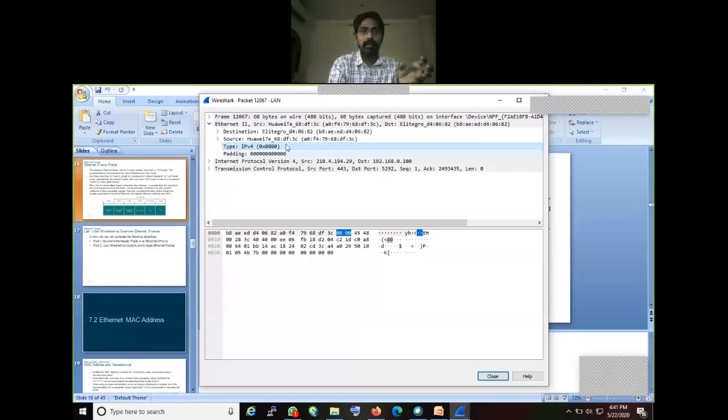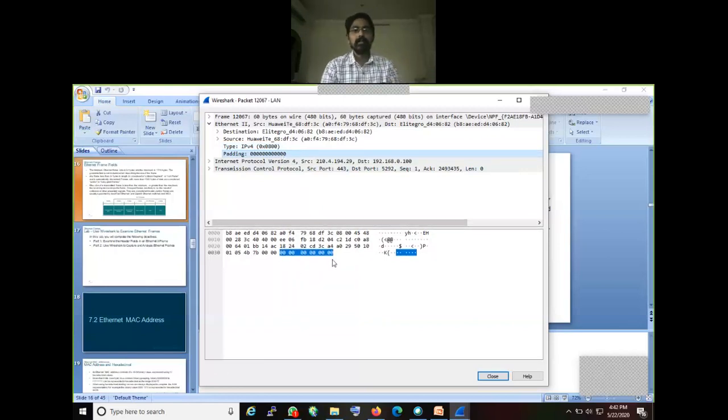After IPv4, whatever there is, 0548 and so on, it is the actual data. And padding. Click on the padding. So padding is the last field. Starting from 45, 48, 00, 28, 3C, this is my data, up to 4B, 7B.